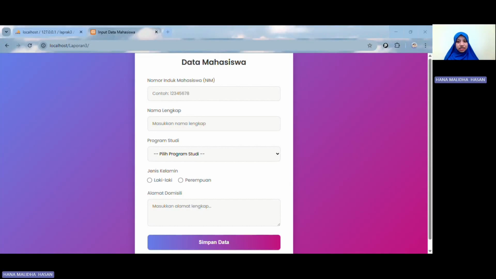Let me introduce myself. My name is Hana Malidha Hassan and my student ID number is 2024-31057. In this video, I will explain my web programming project regarding simple student data management, or aplikasi pengolahan data mahasiswa. The goal of this project is to build a web application that can accept student input through a form,